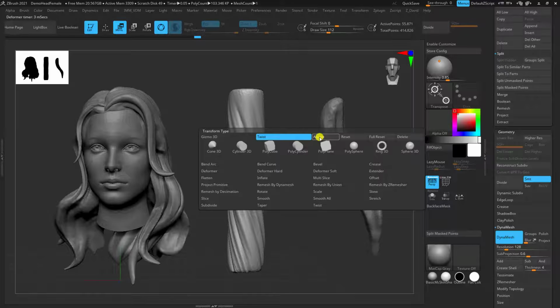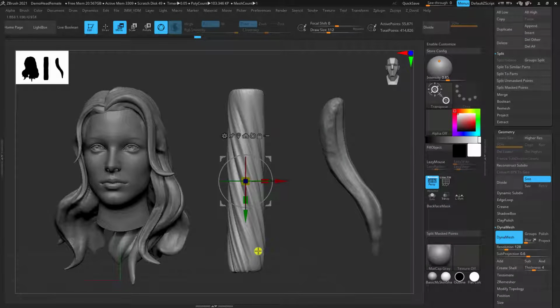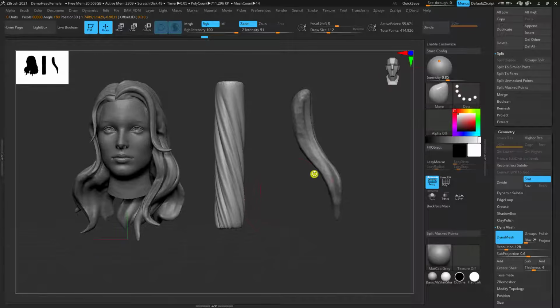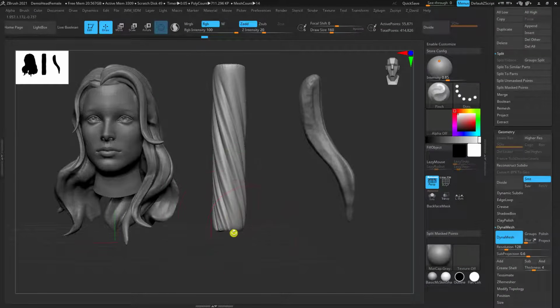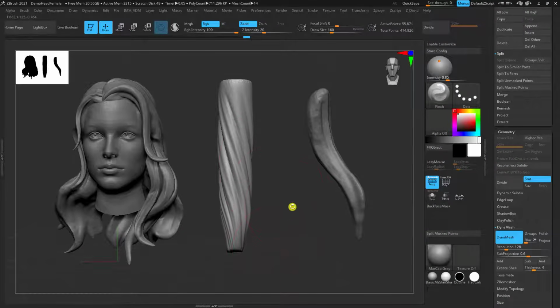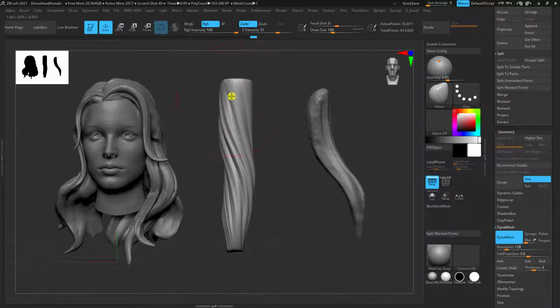I can also just press accept, so it's going to accept the deformation I made. At this point, I'm basically going to get the pinch tool, the one we used earlier, and I'm going to turn off the sculptress mode because I don't want it to change the topology. And then I'm just going to feather it down and sort of create a taper off and maybe smooth it in parts. I'm also going to use the move brush to just give it a bit of form